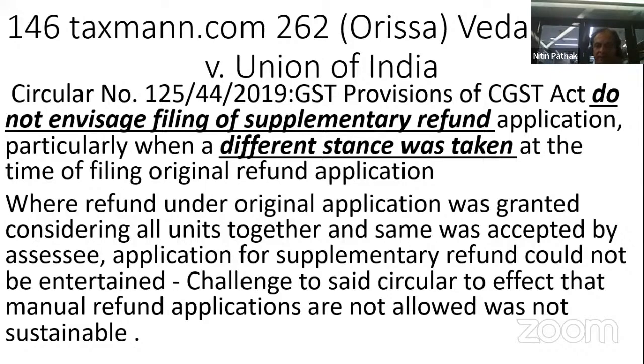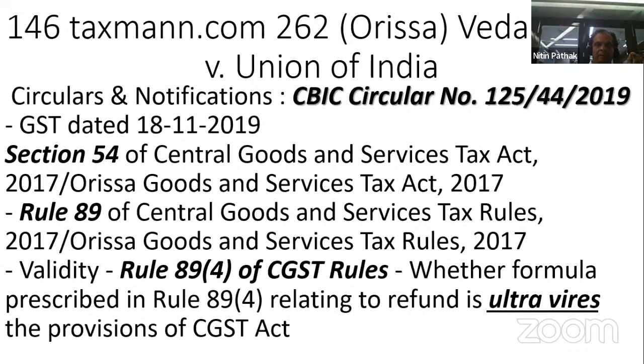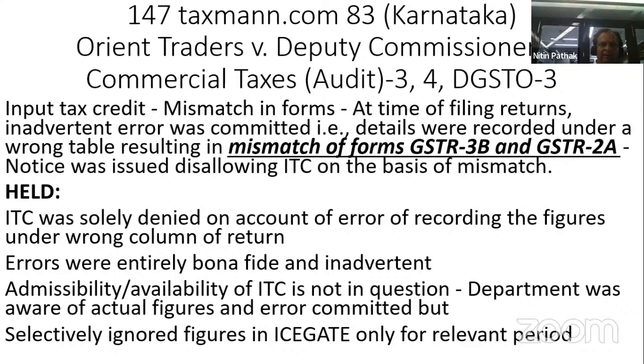Where the refund was originally granted considering all units together and the same was accepted, the application for supplementary refund could not be entertained, and the challenge to the state circular to the effect that manual refund was not allowed was also not sustainable. Referring to Section 54, Rule 89, 89(4), it is not ultra vires of the law. This is Vedanta. Now I'm into Orient